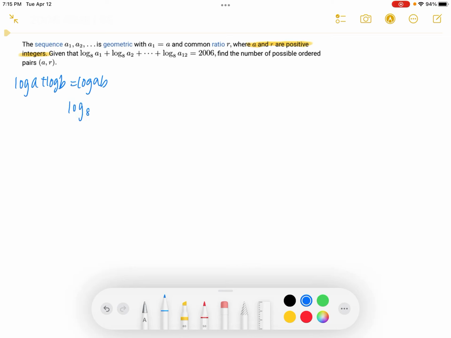We can simplify the whole thing as log base a of a1 times a2 times all the way up to a12 is equal to 2006. Another thing to note is that this is a geometric sequence, so a1 is equal to a,